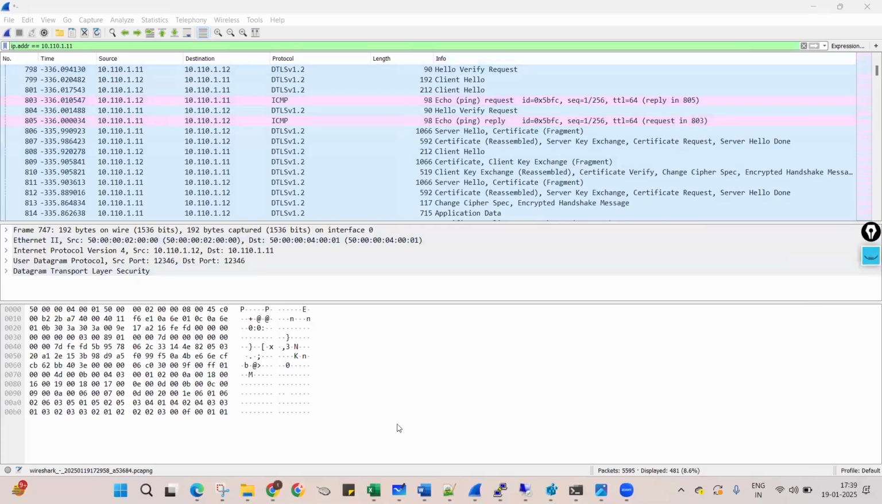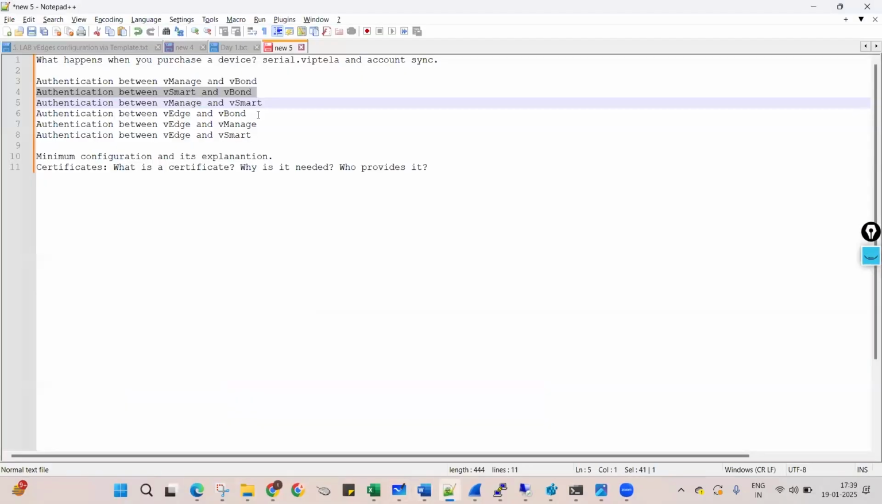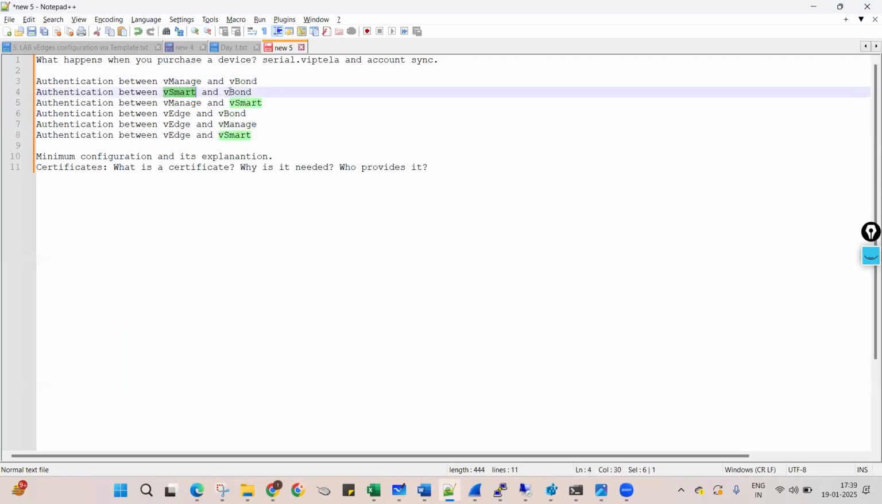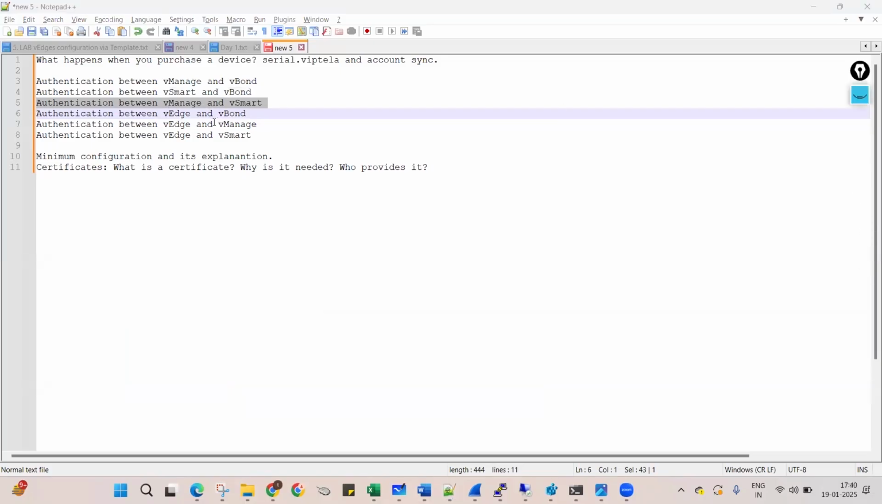Let us go ahead and check the other authentication as well. So we have looked at the authentication between vmanage and vBond, and vSmart and vBond. Let's look at the authentication between the vmanage and vSmart as well. All these controllers will authenticate with each other before being added to the SD-WAN fabric. And the process for authentication of all the controllers is the same as we discussed for vmanage and vBond. The vmanage will